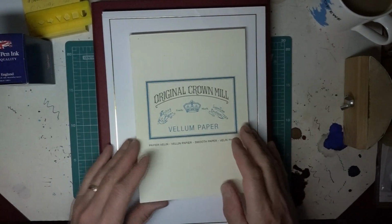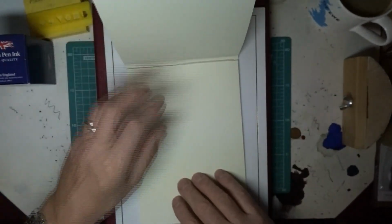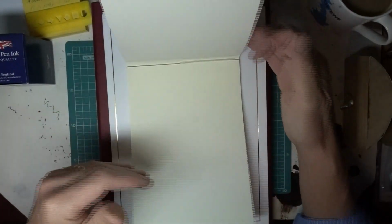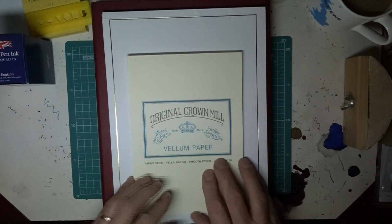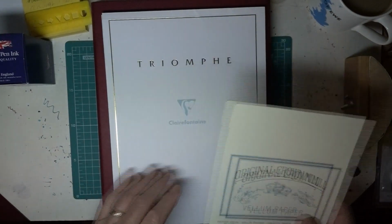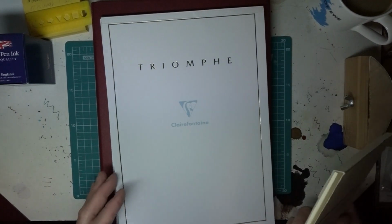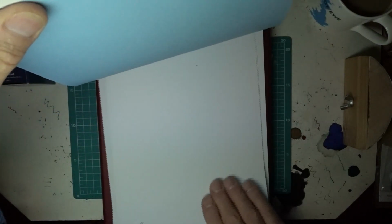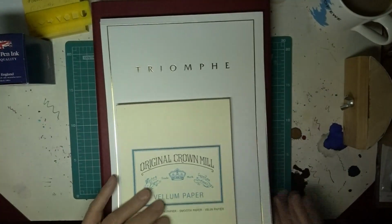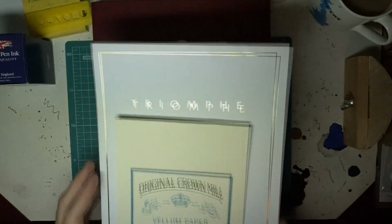I tend to find A5 is a better size of paper for me, and I do like this Crown Mill paper, but it has got a drawback which I'll come to. I also really like Clairefontaine paper. This stuff is very smooth, very crisp and clean looking, very nice. But a little while ago